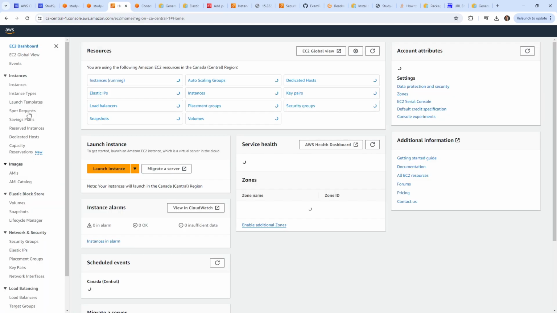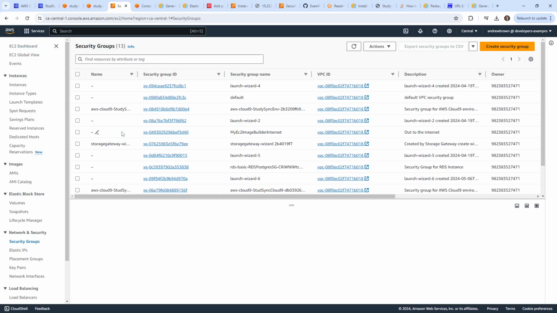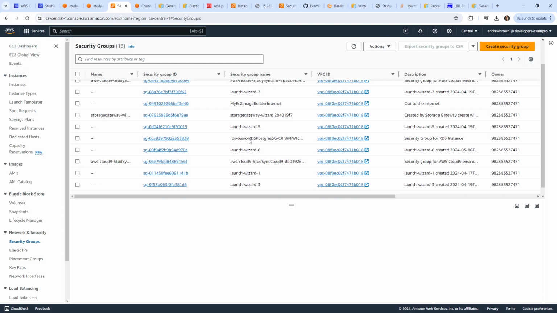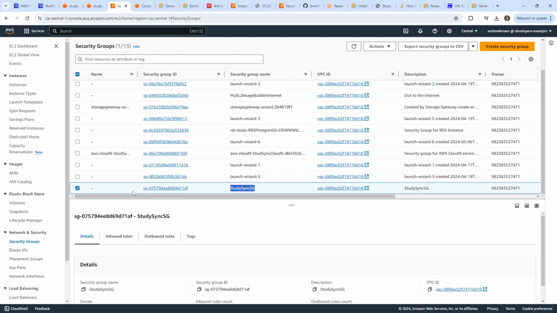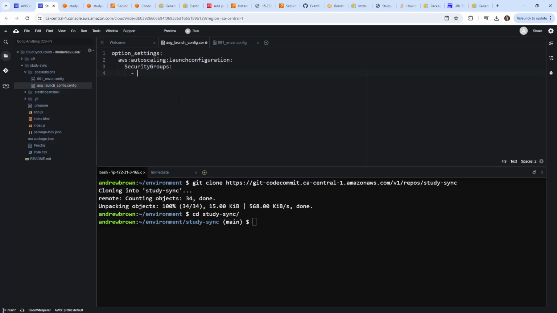And we'll go down to our security groups, which is here, and we will go ahead and find the security group that we created, called this one here. I don't know why it doesn't have a name. I hate that they have a security group name and then a separate name. I hate that. Just absolutely hate it. And we'll go back over to here, we'll paste that in. And so now, in theory,